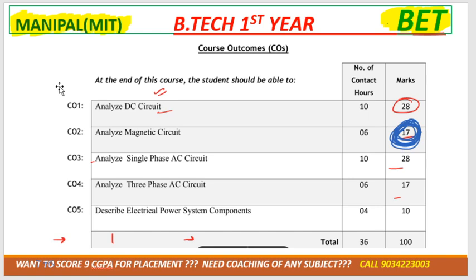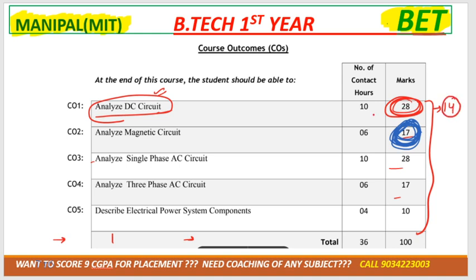So see, I'm teaching you according to the Manipal syllabus. In this we'll have a DC circuit, and DC circuit will come for 28 marks. Like total इन्होंने बताया हुआ है. For midterm उसका half कर लेना. For end term you can make it half. So for end term you can get a DC circuit for 14 marks.